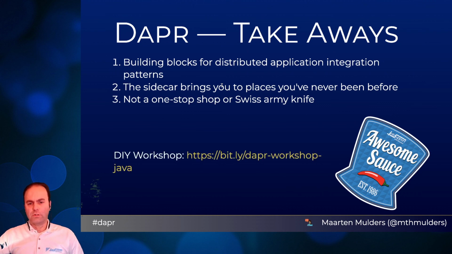Now, if this got you curious, I've got a workshop for you that you can do. It's up on this link and it will redirect you to GitHub. The workshop consists of 7 assignments, which you can run in 2 modes. The first one is more freestyle, where the assignment says this is the current situation and this is how it should end up. Here are some links to relevant documentation. Good luck. The second mode is called step by step. And there we will exactly tell you how to do it, when to do it, why to do it, and how it's going to work.